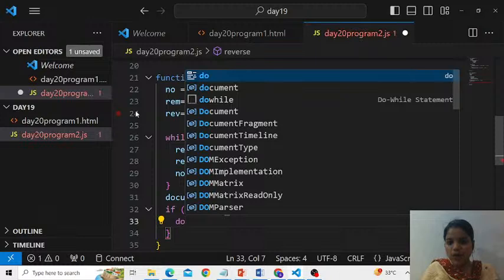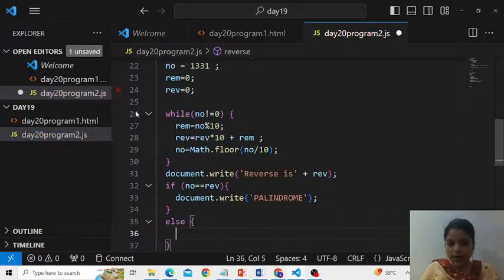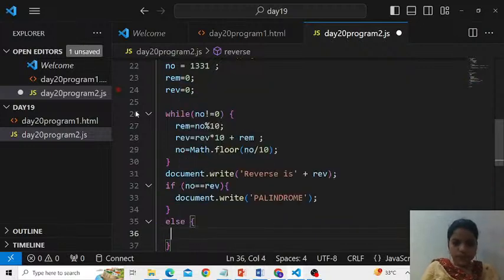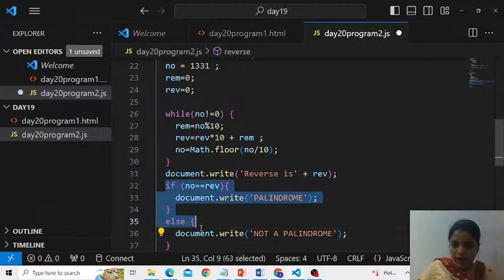document.write, it's a palindrome. Otherwise, write, it's not a palindrome. Correct? It's not a palindrome. Alright, people, for those who are accepting my code, those who are accepting this logic, there is a